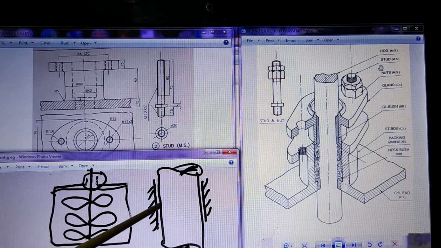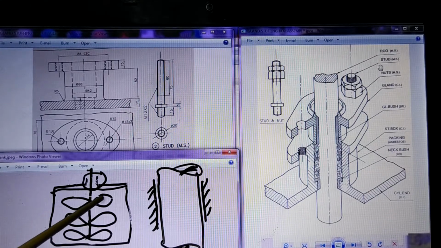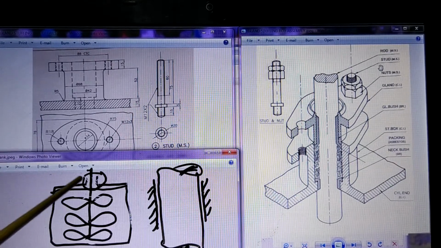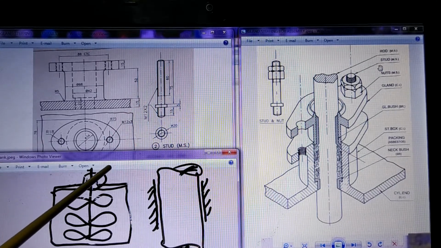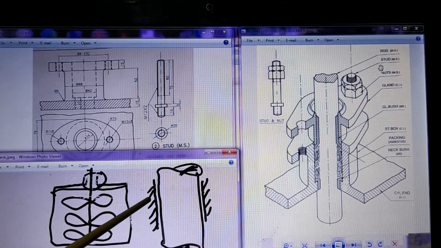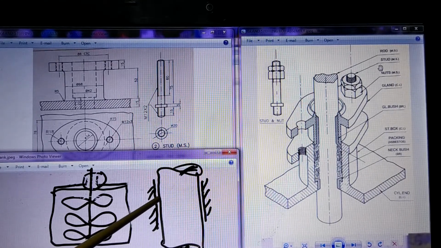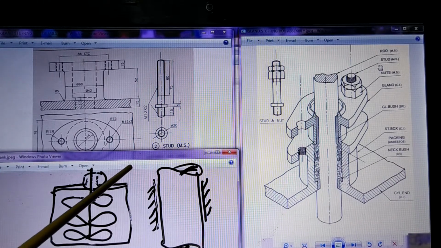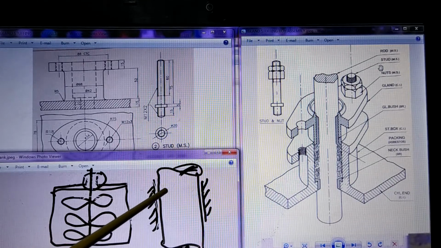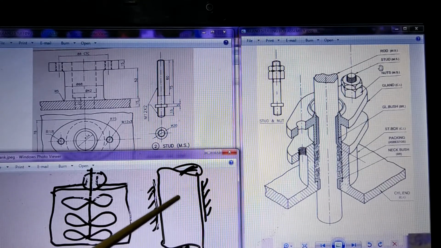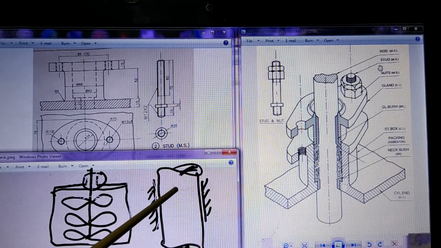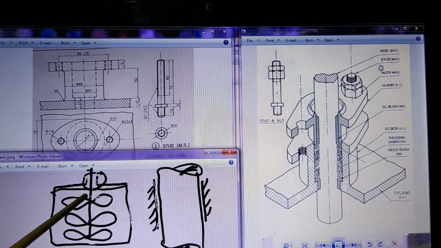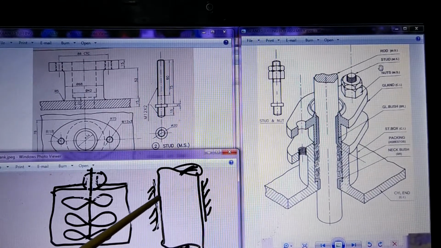But then what happens? Because of this clearance, whatever liquid is over here might come out from here, or maybe suppose there are fumes of this liquid, those fumes might come out from here. Now when such a situation is there, we don't want any gap here. That means this support should touch here so that there is no gap and the liquid will not come out. So now we are talking about two things which are opposite of each other. First we said that we want a clearance so that the shaft will rotate, and then we said that we don't want a clearance because the liquid will come out from here.